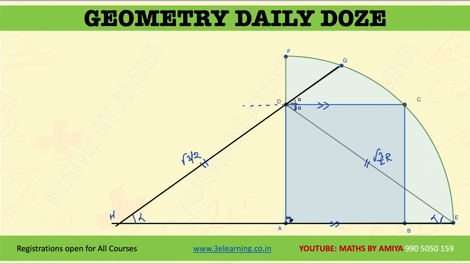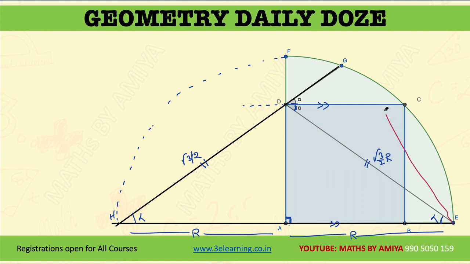Now we have a 90 degree angle from D. What does it mean? A perpendicular is always a bisector if we have an isosceles triangle. If this one is the radius, we can confidently say this should also be a radius. Radius means center to circle. We can say H should lie on the circle itself. If we join EG, there's no need of doing this construction, but we can say this angle is nothing but 90 degrees. How does this come? Because of the diameter angle. Diameter makes an angle of 90 degrees.